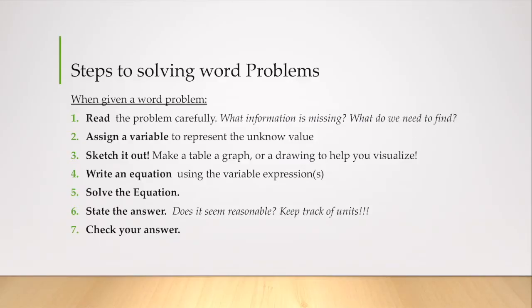So here are my steps to solving word problems. Not just mine, they're also in the text, but here are the steps. So the first thing is to read the problem carefully and slowly. Maybe as you saw as I worked through problems, I underlined important parts like the numerical part or a number that identified I needed a variable. What information is missing? What do we need to find? Next, we want to assign a variable to represent the unknown. I would always recommend using x, but there may be a case